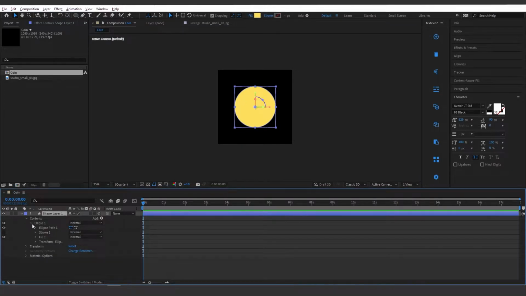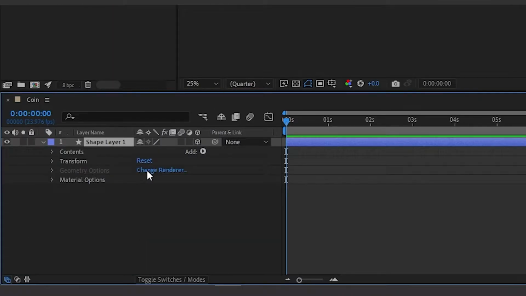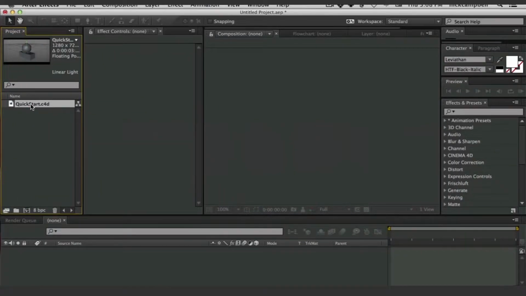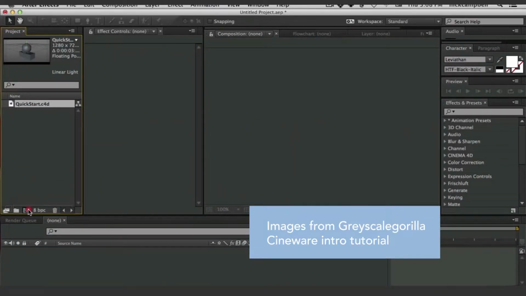We can see now that we have geometry options, but for some reason I cannot select it. The reason why is because I need to change the renderer. So I'm gonna click on Change Renderer and choose Cinema 4D. As you may already know, the new versions of After Effects come with the Cinema 4D Lite on the plugin